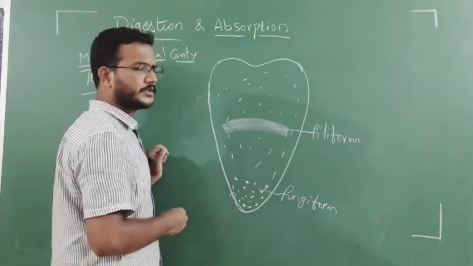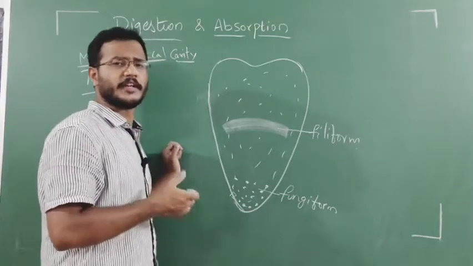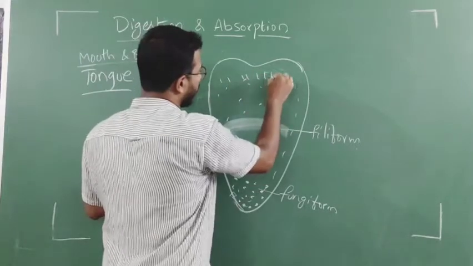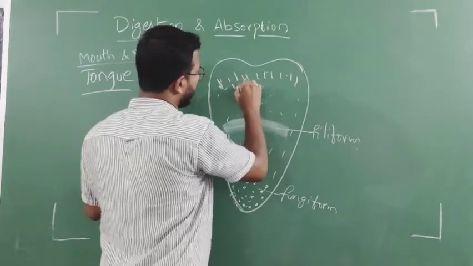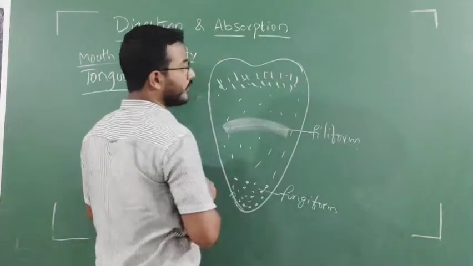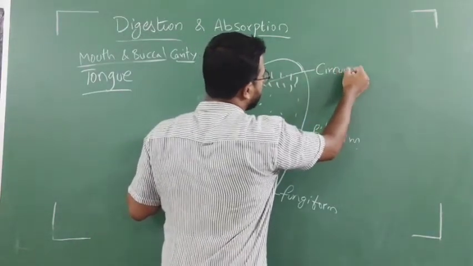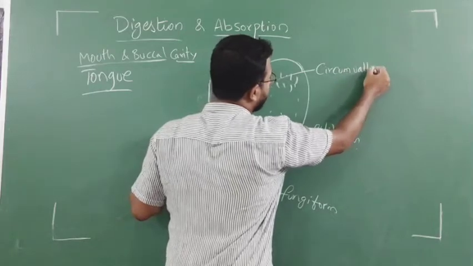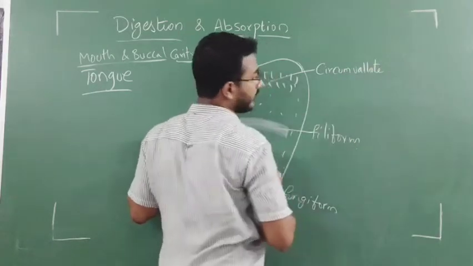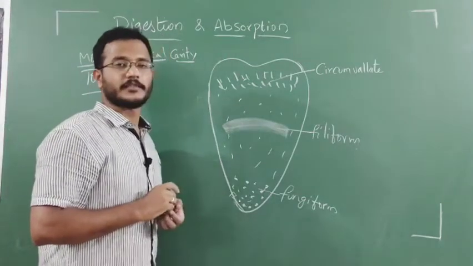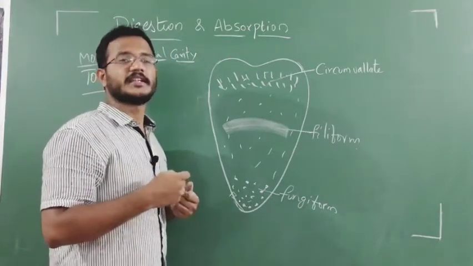These are different types of taste buds which are responsible for the sense of different types of tastes. And here we have another type of taste buds. Those are known as circumvallate taste buds. So these are the three different types of taste buds which are responsible for the sense of tastes in